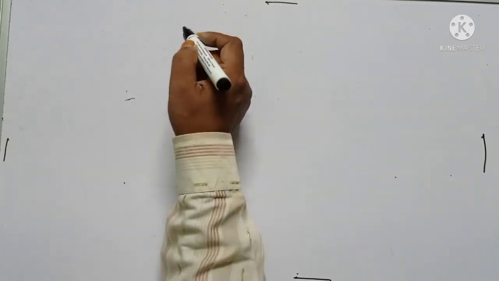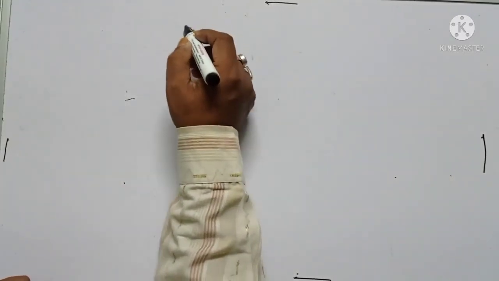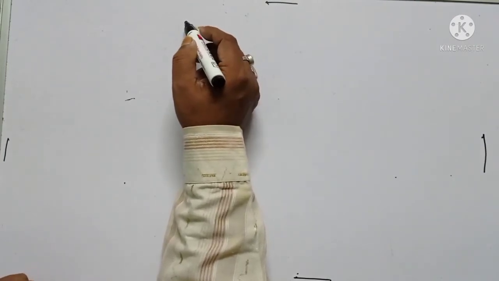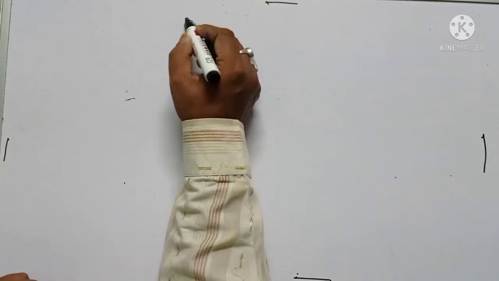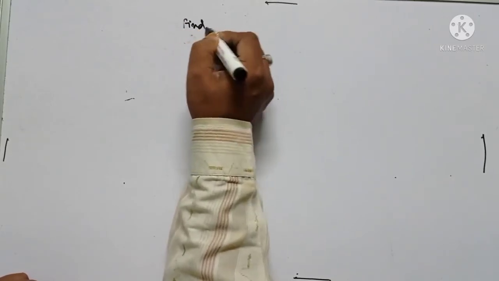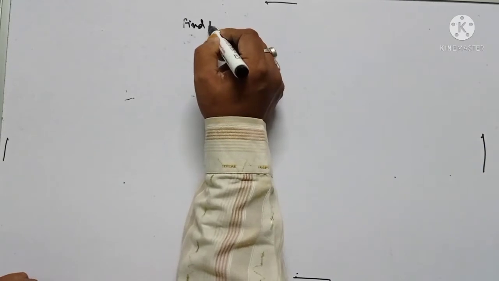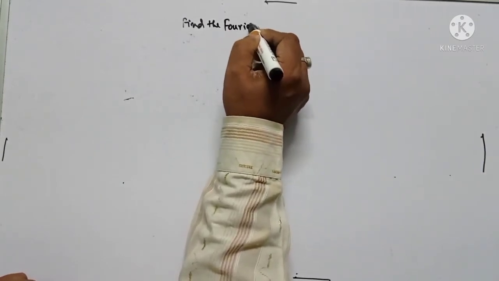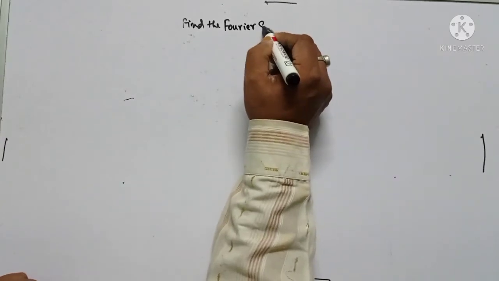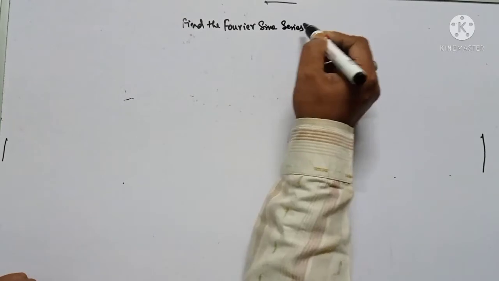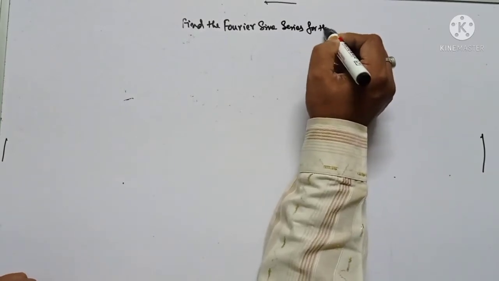A question was given to a student to solve. The problem is: find the Fourier sine series for the function